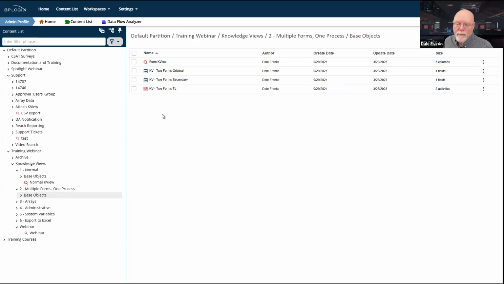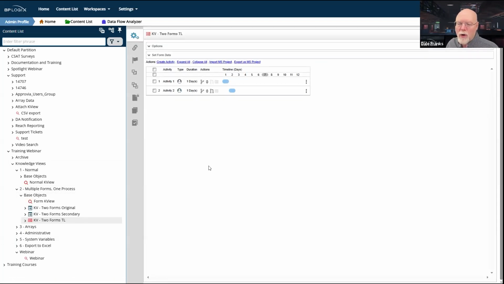Not unusual, however, to have a process that uses one or more forms. So if you're going to use one or more forms, that's fine, but it is going to change some of the ways that you need to configure the knowledge use. So in this case, we'll just look at the timeline real quick.